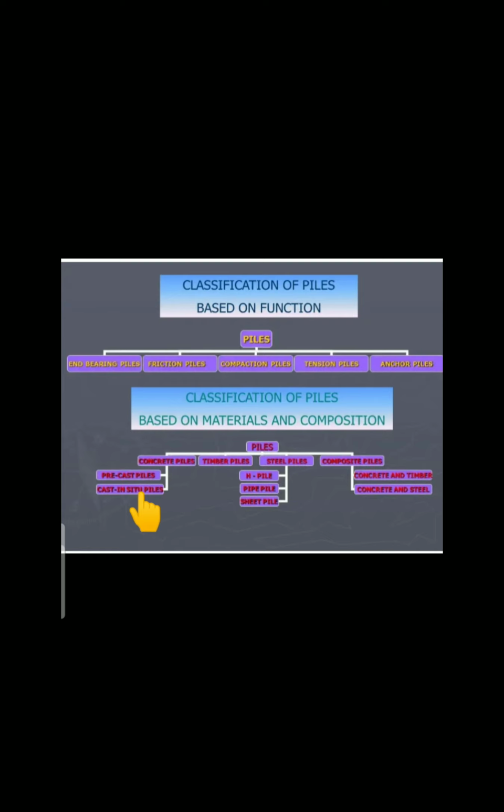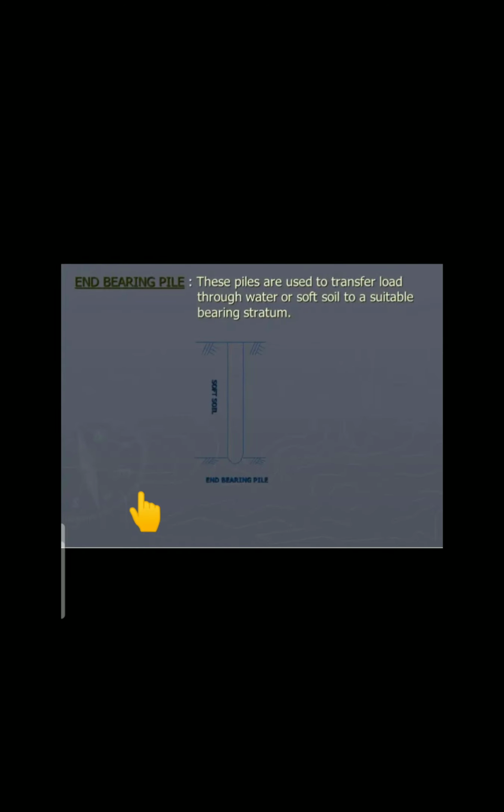Next is classification of piles based on the material and composition. What kind of materials you are going to use, depending upon those materials, the piles are classified once again. So here: H piles, pipe piles and sheet piles, or timber piles, steel piles, or concrete piles. These are some piles which are classified based upon their material of construction. So in that, first one,